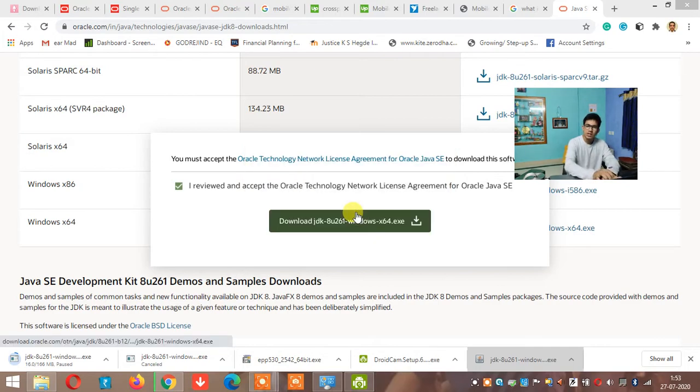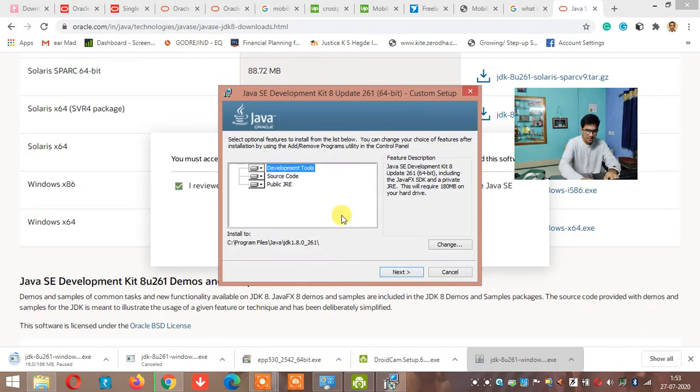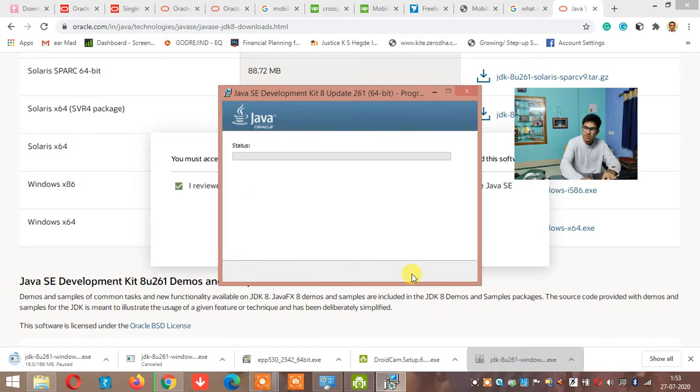By default it is going to Program Files, as you can see. Yes, next. Don't change anything, just click next.